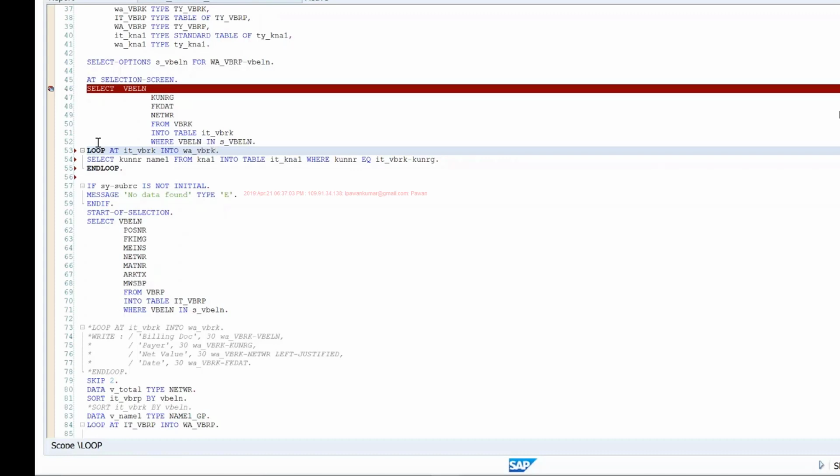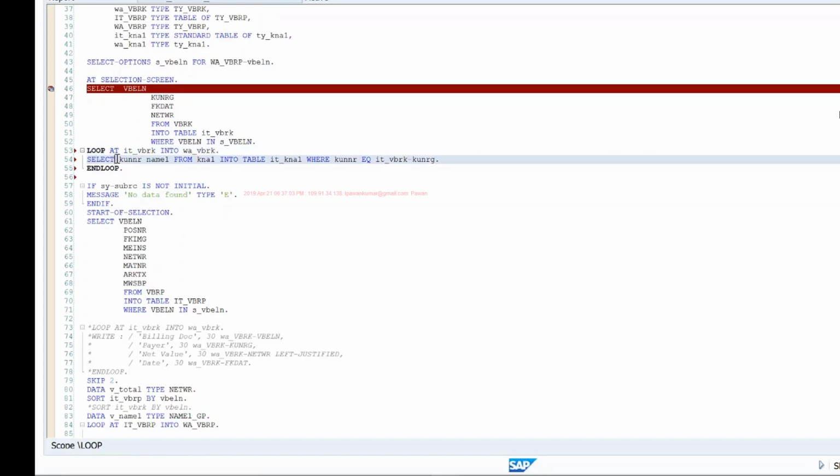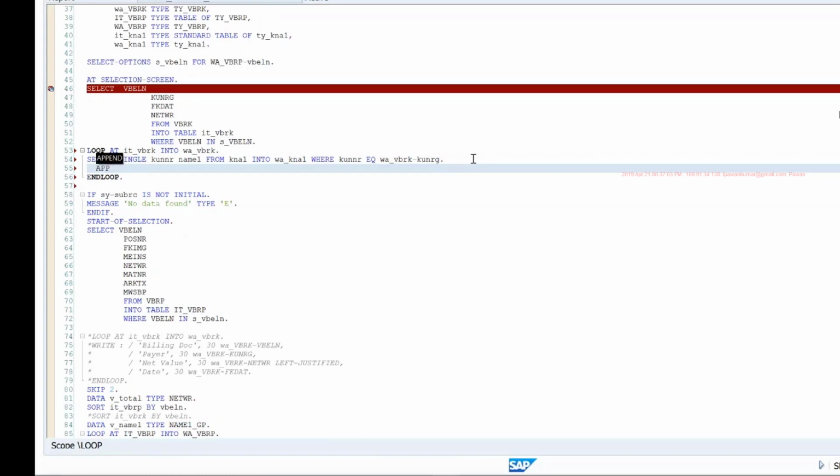In each loop it will bring one record into WA_VBRK, and I can select single into WA_KNA1 where this equals WA_VBRK KUNRG, and then I can append WA_KNA1 to IT_KNA1. So I can do it this way also.